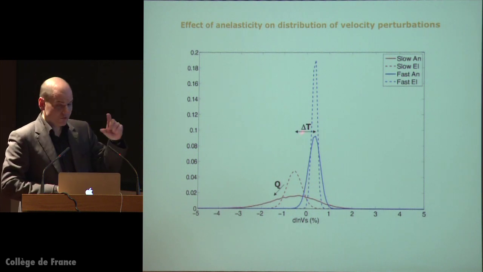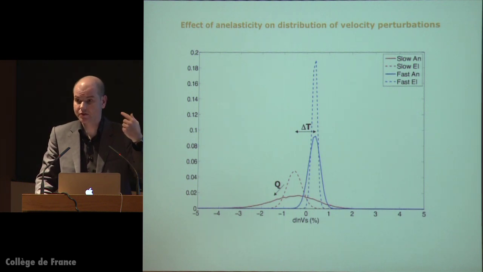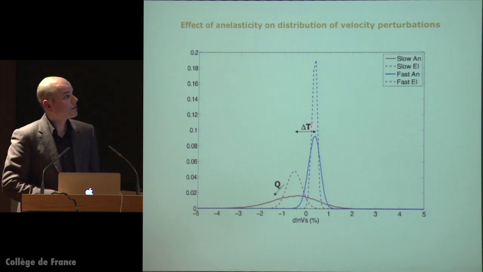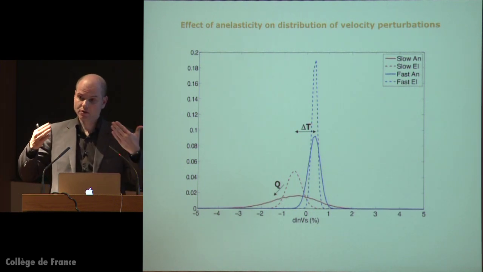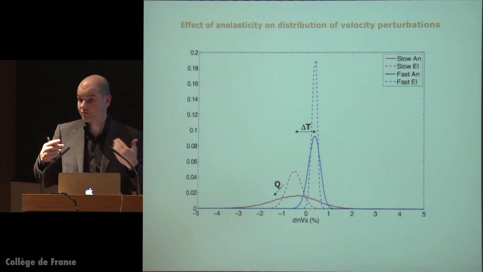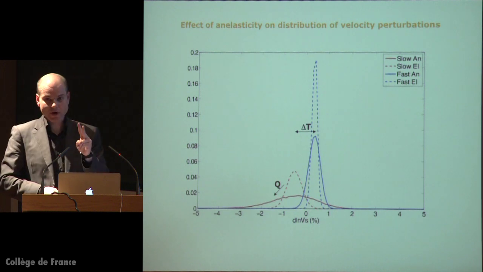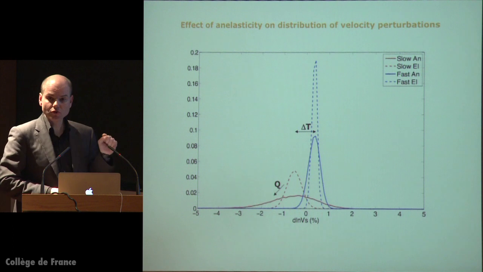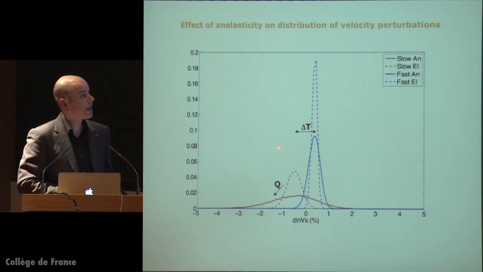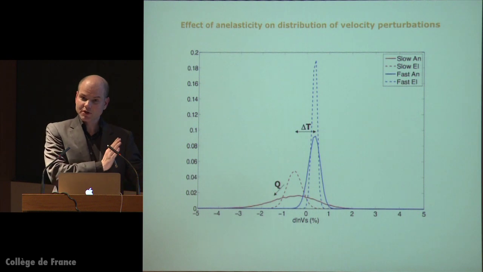Of course, we can also pick as a parameter the difference of temperature between the two clusters, because the inelasticity depends very strongly on temperature. By matching the velocity distributions, we hope, we believe, that we will be able to provide two constraints. First, on the Q in the lower mantle, and then